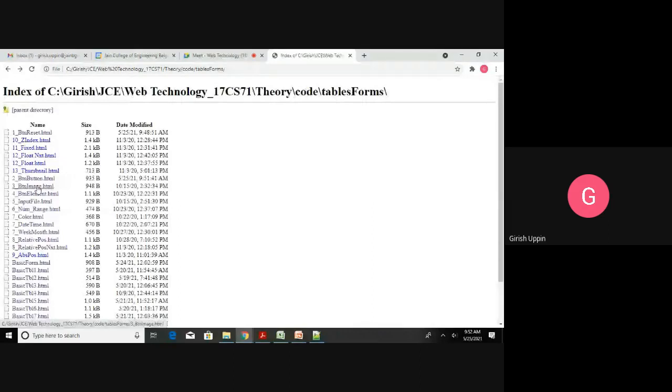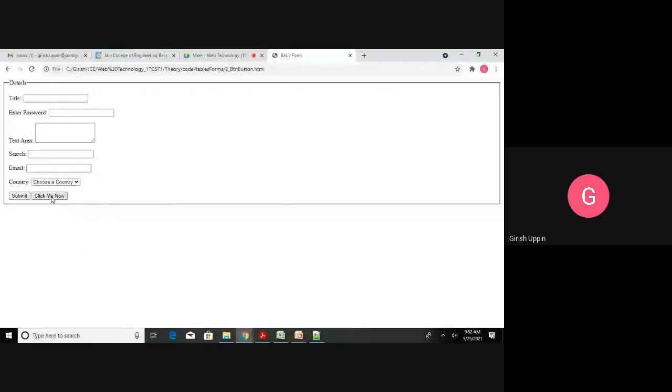In the previous button, you can see I'm clicking on this button. This is created using input type is equal to button. I am clicking on that, but no action happens because you have to associate it with a certain action. Then only it will do something. That action can be provided using JavaScript. Right now I do not have anything other than this particular button, so even if you click on that, no action will take place.